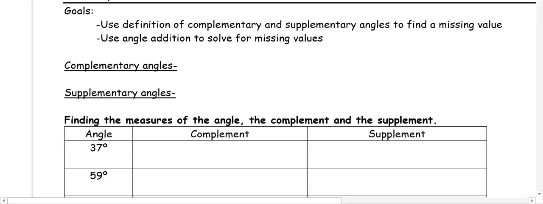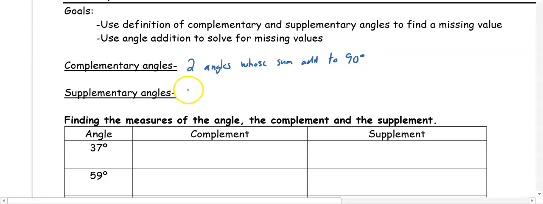This video is about using the definition of complementary and supplementary angles to find a missing value and use angle addition to find missing values. So complementary angles are two angles whose sum add to 90 degrees,